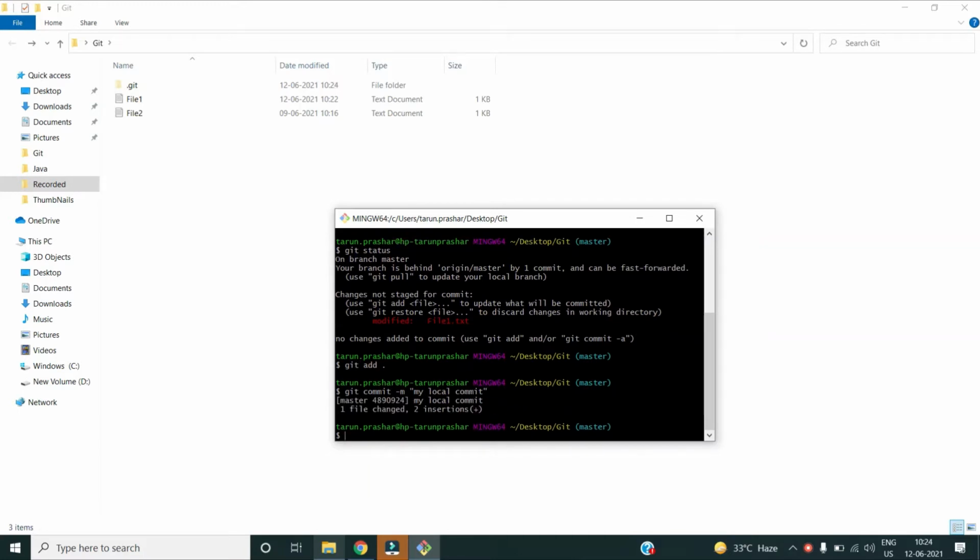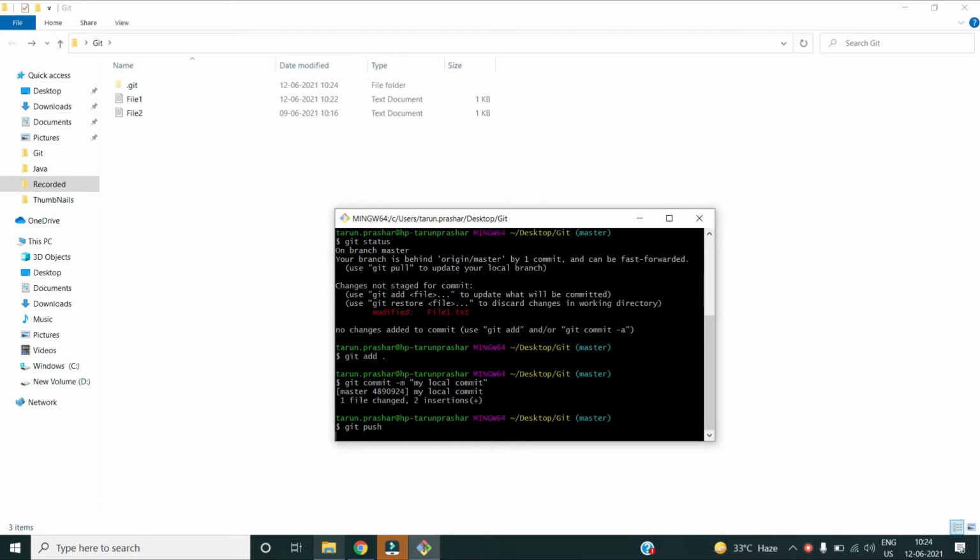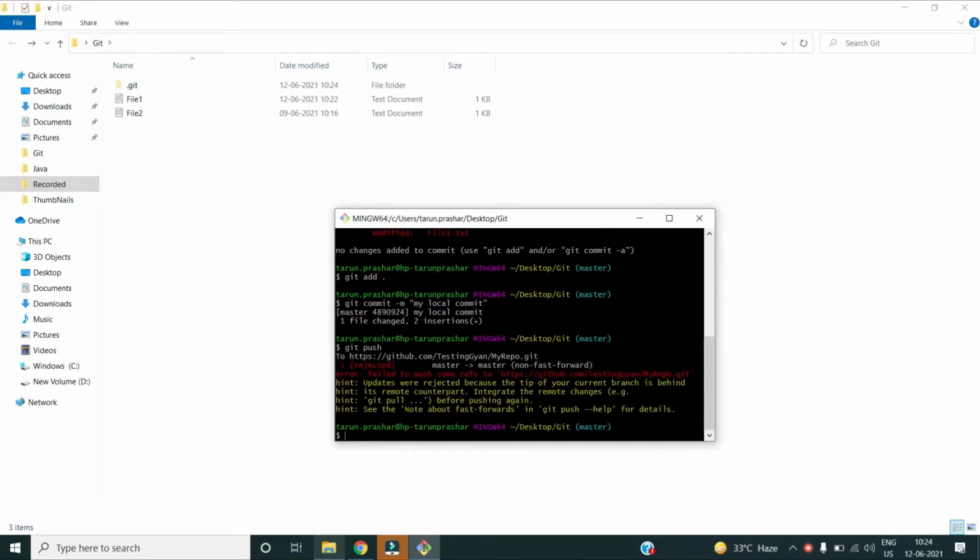Okay, now if I try to push my changes, I will not be able to do that because there is a conflict. So you can see failed to push some refs, okay, because there has been some change. So I'm seeing the merge conflicts basically. That is, my local branch is not able to merge with my remote branch. So this is a conflict. So how to resolve such conflicts? How can we work on such a conflict?